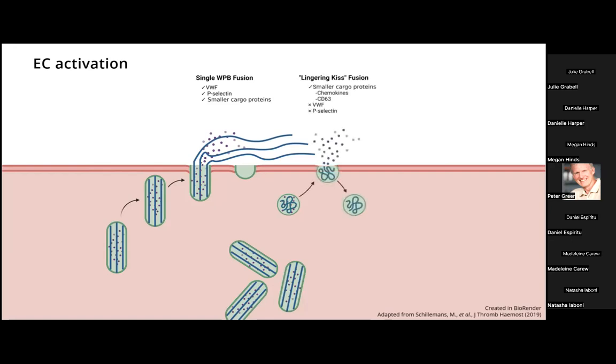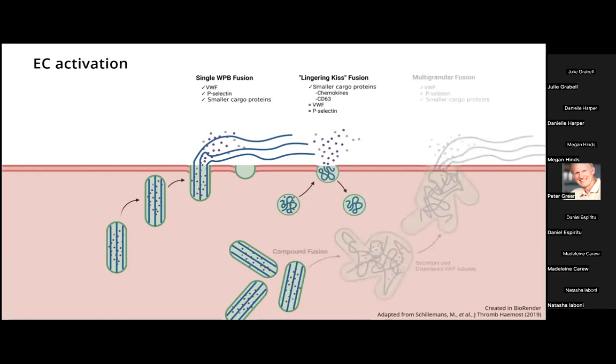So the lingering kiss fusion is interesting because it involves the fusion of a Weibel-Palade body with the plasma membrane, and it forms almost a small pore that acts kind of like a mesh, like a filter, and it doesn't allow the larger molecules to escape. So it only will release things like interleukin 8 and CD63, while the larger VWF molecules and P-selectin are maintained